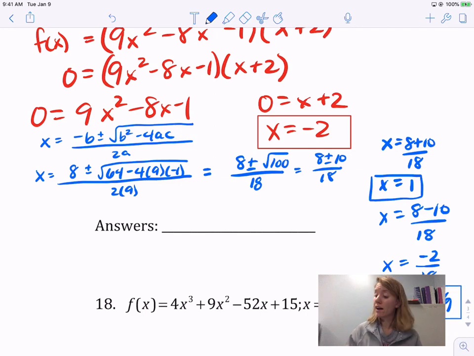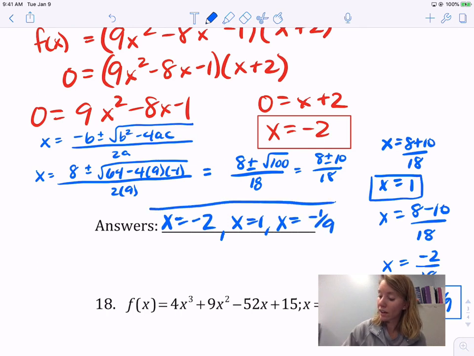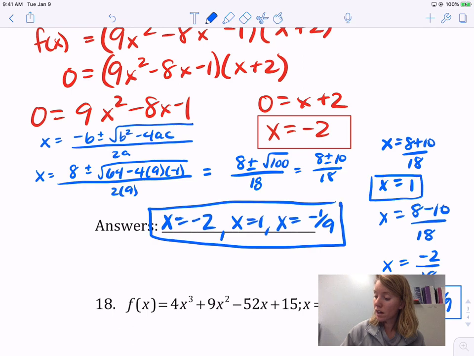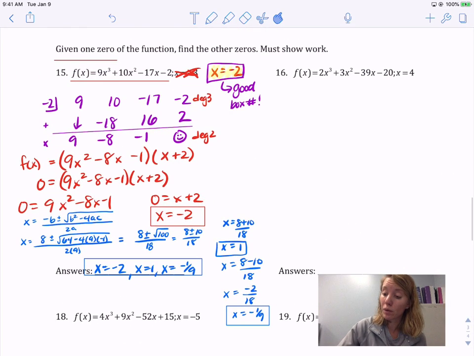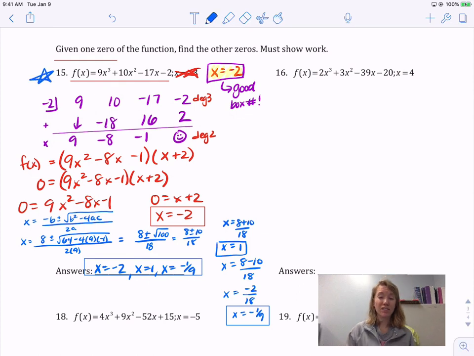Okay, so now I have all my answers. I have x is equal to negative 2, x is equal to 1, and x is equal to negative 1 over 9. Notice that I've got 3 answers, and that's because my original polynomial was a degree 3 polynomial, so that will always happen. Okay, so it's kind of a longer example,